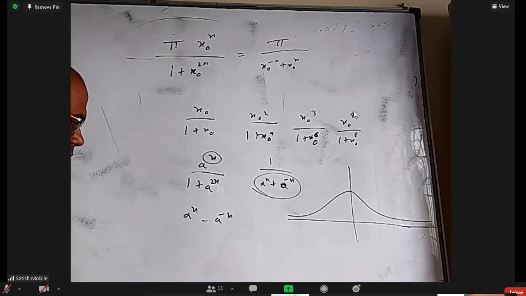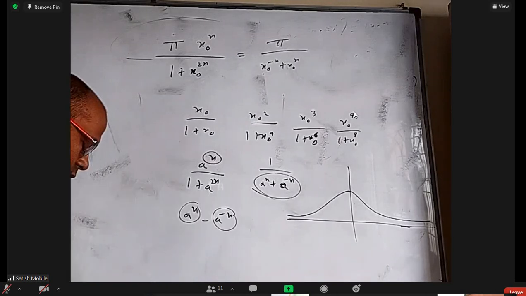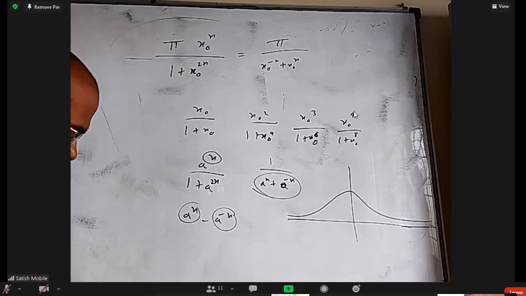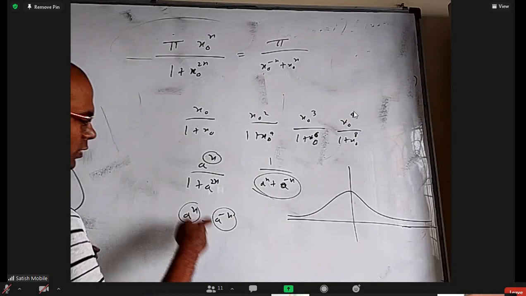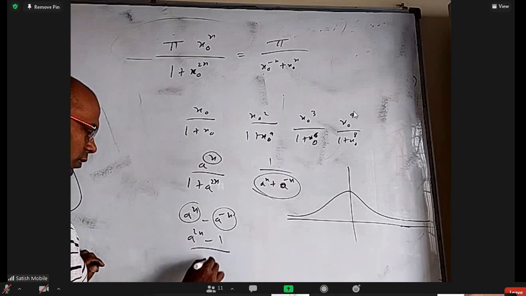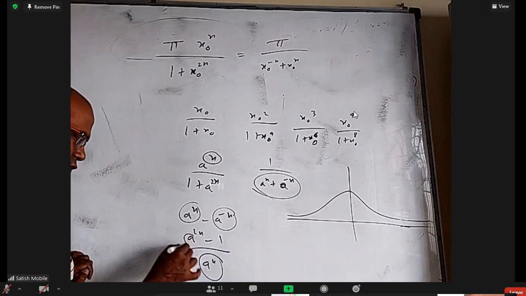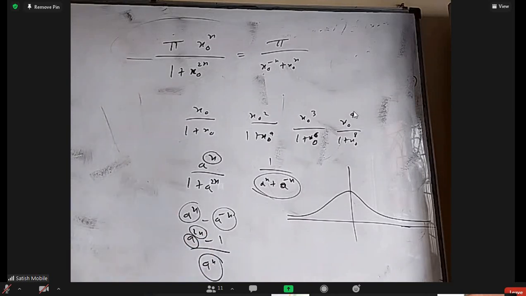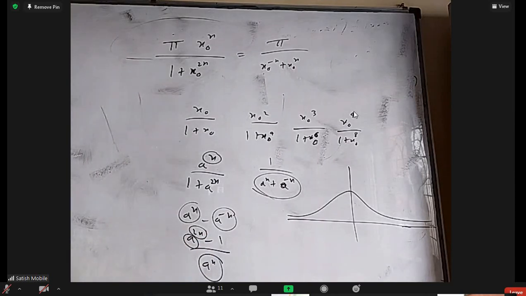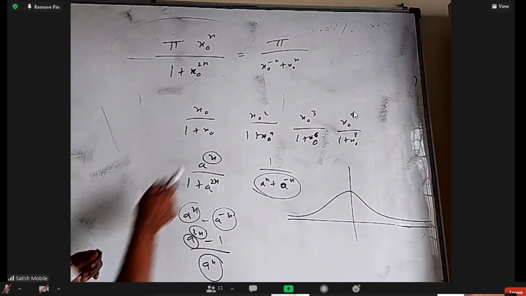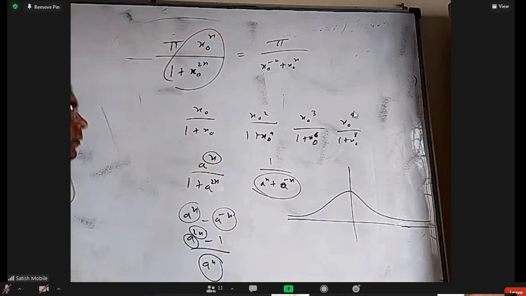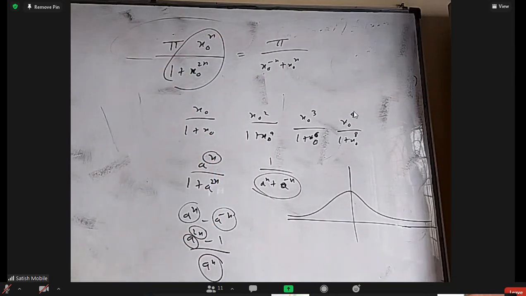So when you take any natural number, a is greater than 1 by a. A square and a cube. So you can even take LCM, a power 2x minus 1 by a power. This is always positive. This is a positive number and this is a natural number. More than 1, less than 1. Depends on whether a is more than 1 or less than 1. So it is a decreasing one. This is decreasing, 1 by that will be increasing. So if this value is increasing, from what to what it will be.